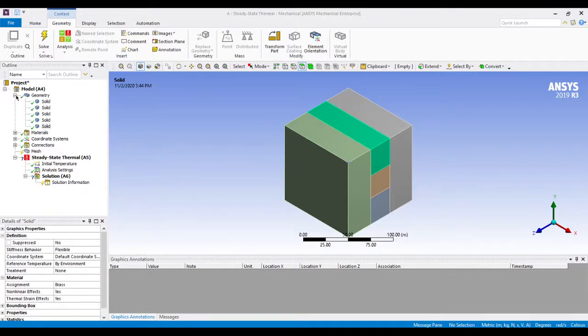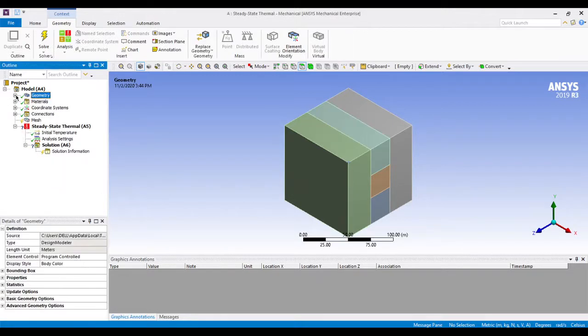Okay, now we have assigned materials to the geometry.